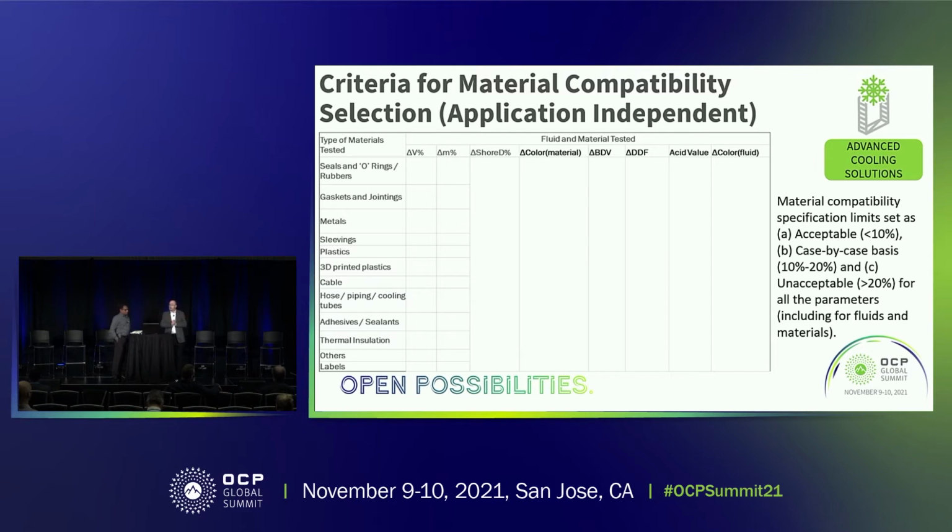But this matrix that Puneet spoke to is going to give people the ability to look at the range of different materials and the general observations about them, and give some guidance on where you might want to dig a little deeper and do harder due diligence, especially in the case-by-case or unacceptable categories, to understand the implications. And again, just because it's said acceptable, you still may want to do some case by case there as well. But we settled on these key criteria for acceptable, whether it be a volumetric change, a mass change,